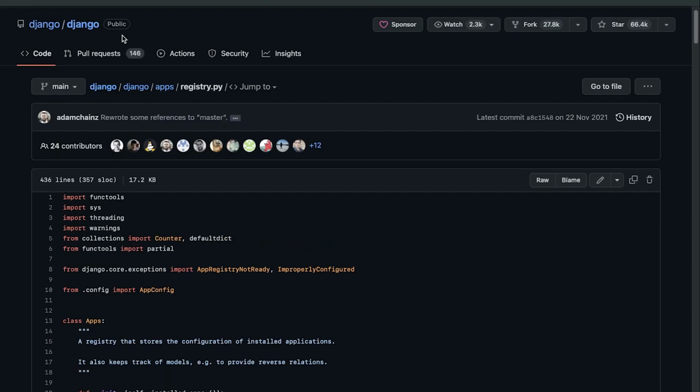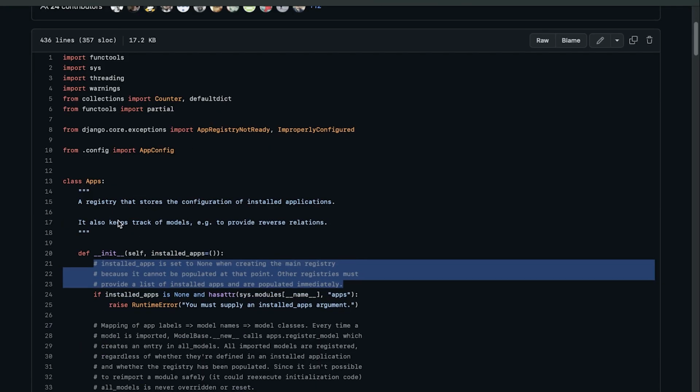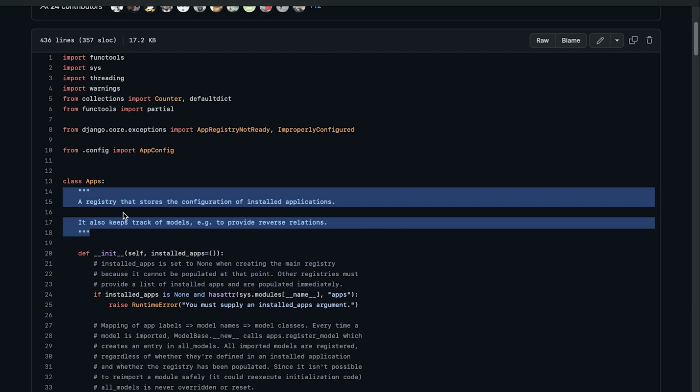So I've typed in Django GitHub, I've navigated to the official Django codebase, and you can explore the codebase and take a look at the comments that are used and so on. So here I've navigated to the Django folder, apps, and this registry file. This is just a random file that I've selected, and in here what you can see are comments. This will be described as a doc string here, and this can be captured and utilized to generate documentation.